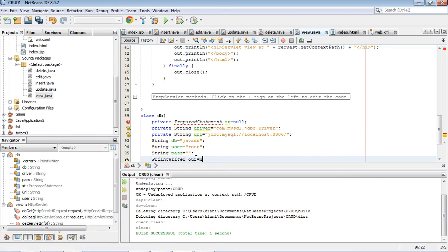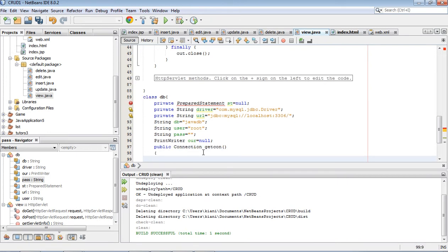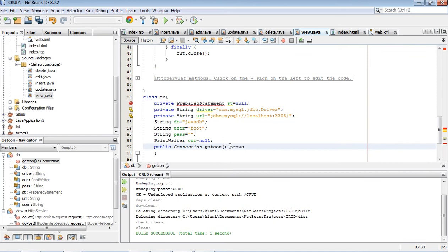Okay, now we have another object, PrintWriter, to output: out is equal to null.